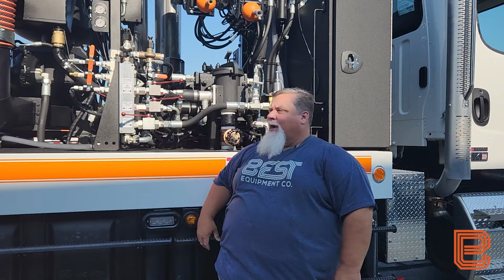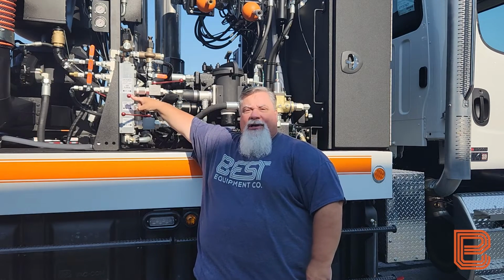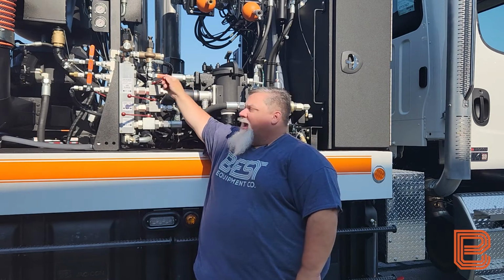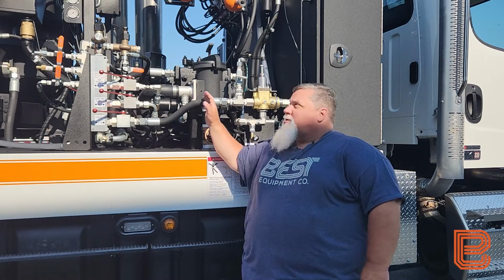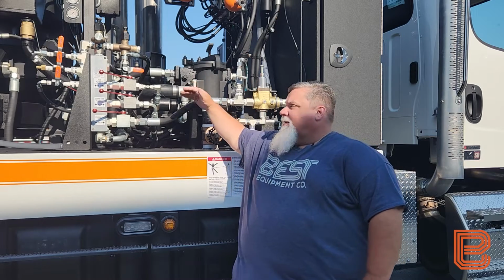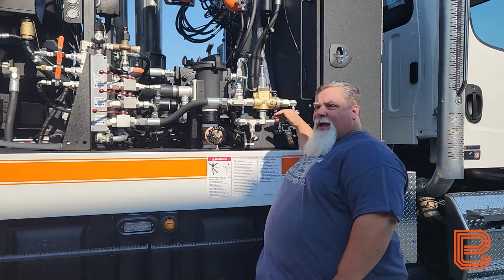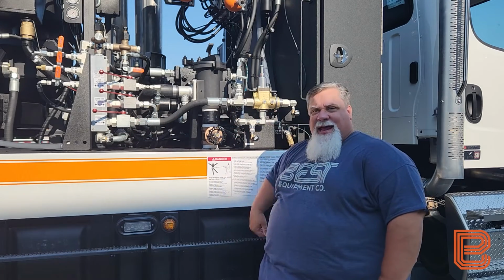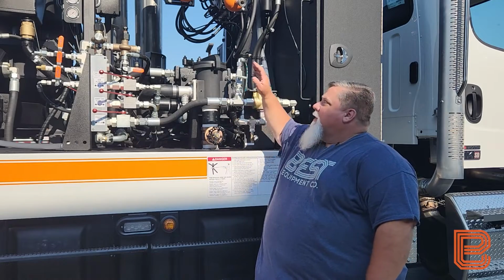Once I hear air in that circuit, I can come up here, turn my debris tank flush out to the off position and turn my air purge to the off position. So once we've air purged our low pressure circuit, our hydro excavation circuit, we have our debris tank flush out purged, we have all of our drain valves open, including our tank and our cold weather manifold drain, we still